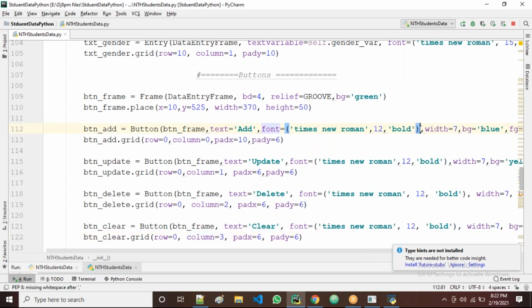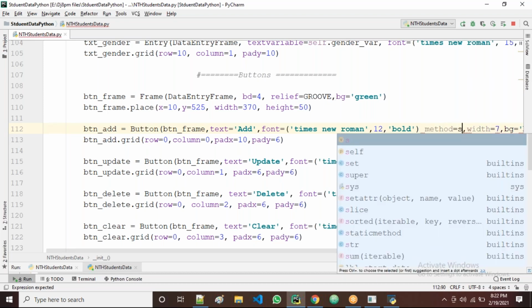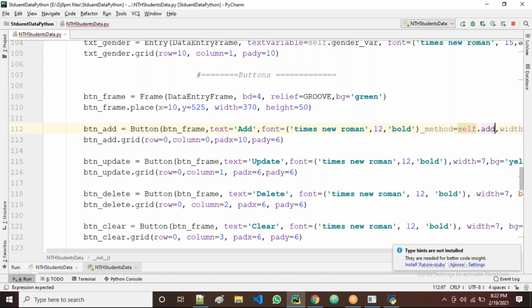Let us take here self data method equal to... what's the method name?